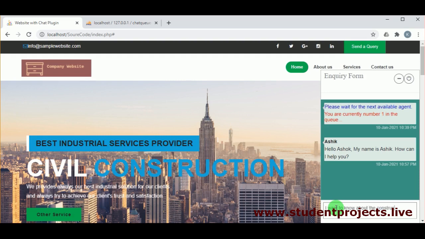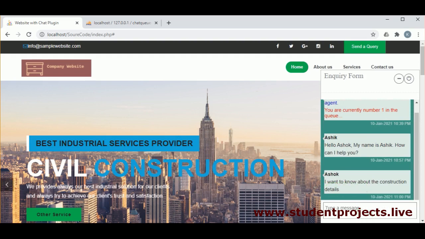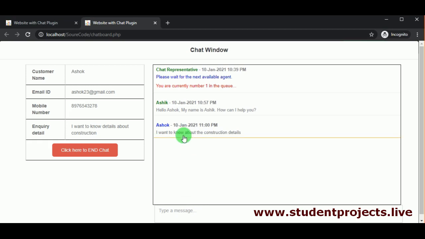Now the customer can start his chat. He can ask his questions or queries. So the customer asks some queries and the message is reflected in the agent's window. We can see that, and the agent must chat with the customer related to the query asked by the customer.